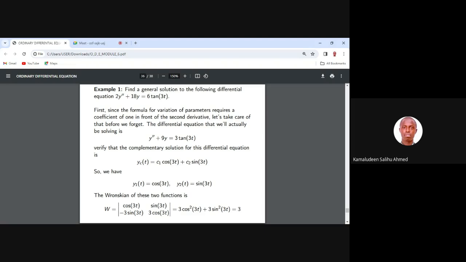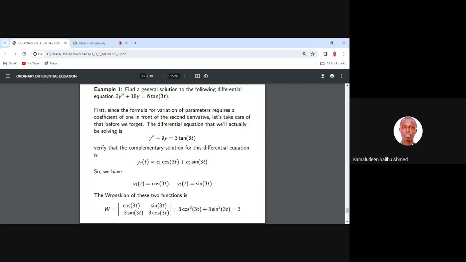You factorize the 3 outside, and you'll have cos² 3t + sin² 3t. And this will give us 1. And 3 times 1 will give us 3, which is what we have here. So you've proved that the Wronskian